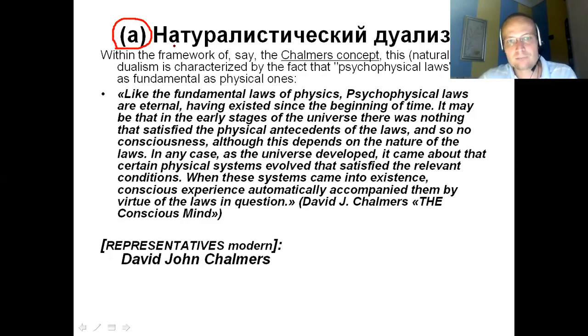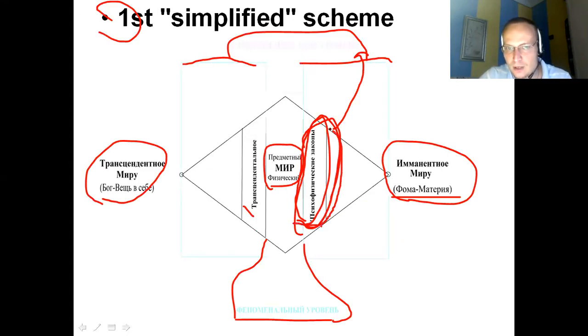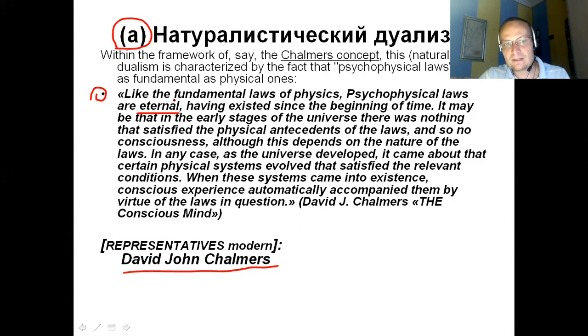I'm sorry, and it means the naturalistic version of dualism. And here is a quote of David Chalmers in his book The Conscious Mind. Here we see that I show you the author talks about psychophysical laws that exist in the eternal sphere. It is not. That's why I remind you that in this scheme I said that it is the ontological sphere. You see these scripts. I will not read them, but the main idea is